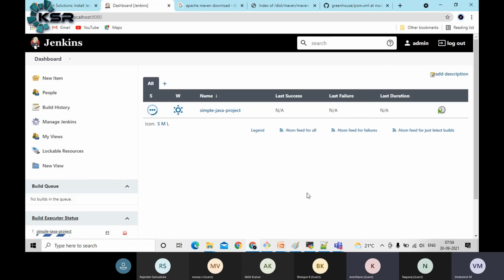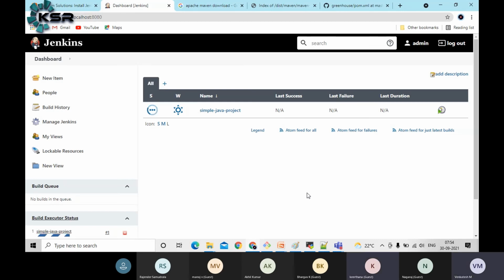For Python, which build tool will we use? With Python there is no build section as such; a package manager will be there, pip, with a requirements.txt file, if I remember right. For Node.js it is package.json, I guess. You need to install the dependencies, because we don't compile Python. It's a runtime; if you run the script, it will execute. Only for Java do you need to compile and create a package.